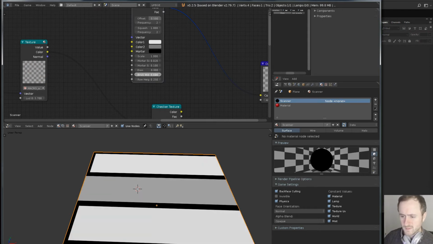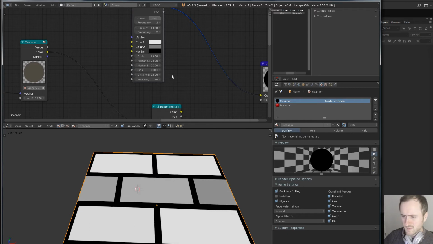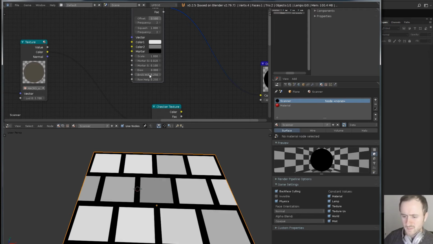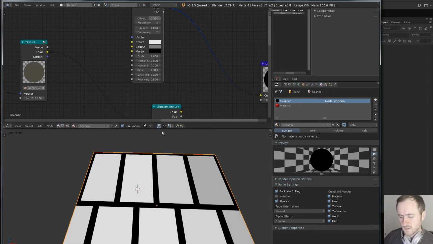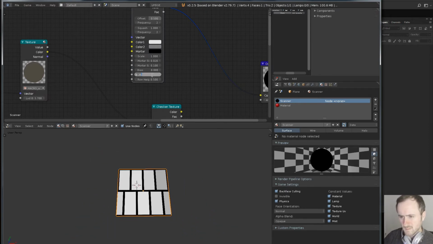Brick width 0.5, 0.25. Row height 0.5. No, 0.5. Got it. Okay. So